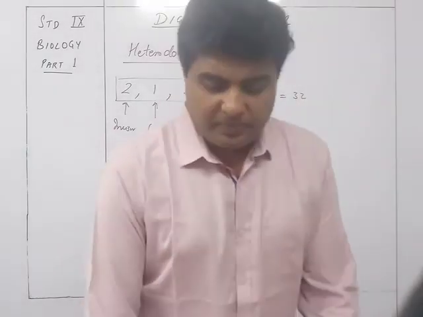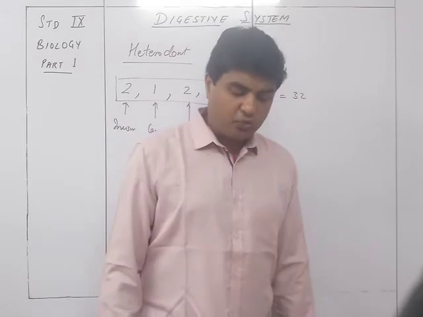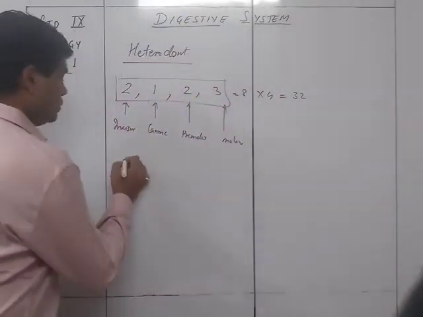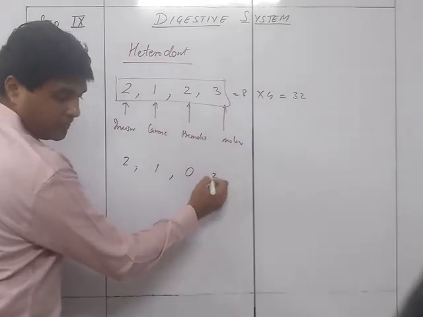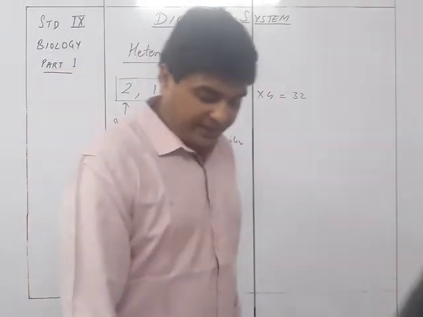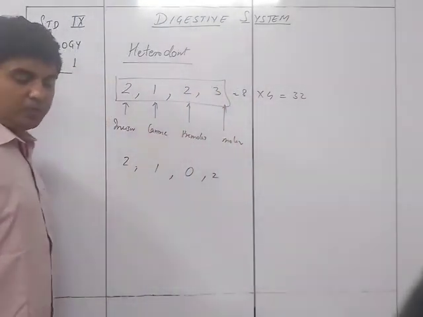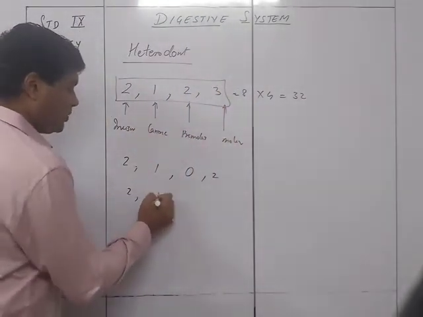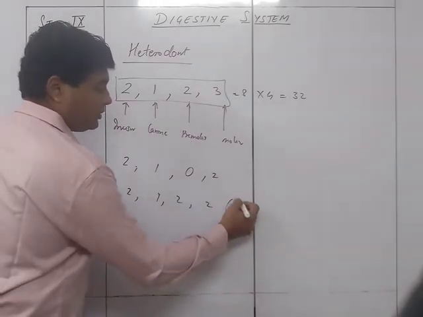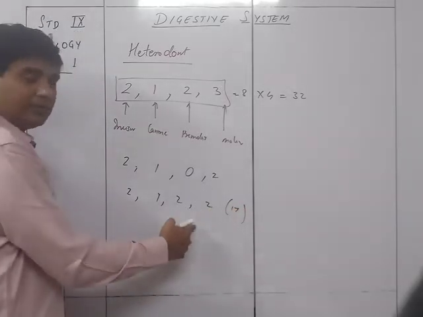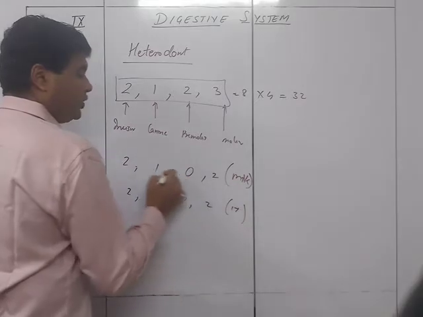Till the age when the child is young, at that time he will be having milk teeth, and the children will have it in the form of 2:1:0:2. That's the case of a child, that is milk teeth. And in the case of adolescents, till the age group of 17, it will be 2:1:2:2. So that will be till the age of 17 to 20, till the time the wisdom teeth do not come. These are all milk teeth, which are going to be lost.